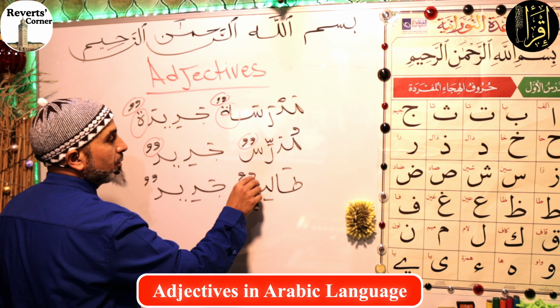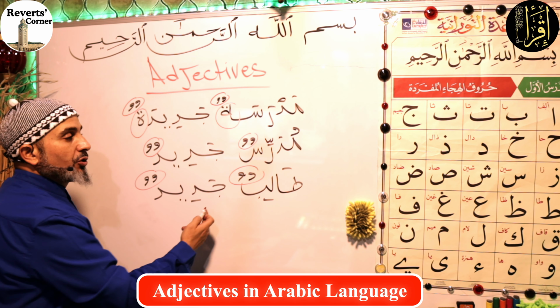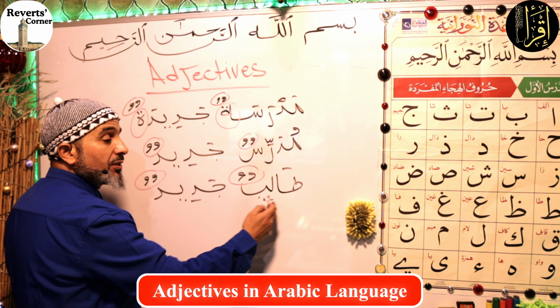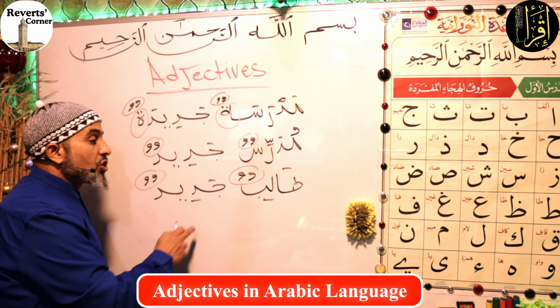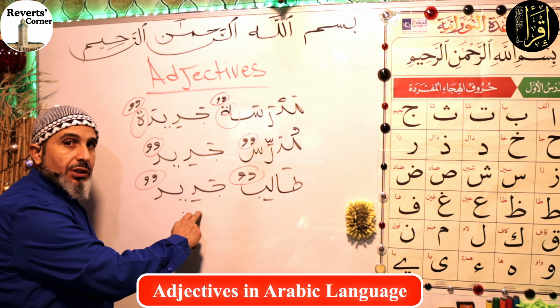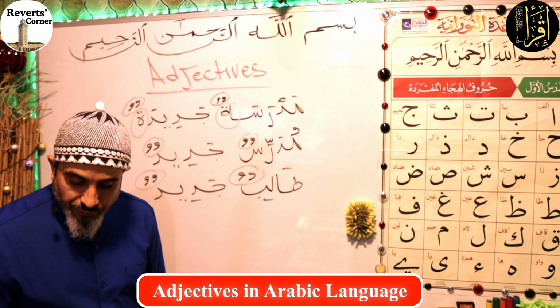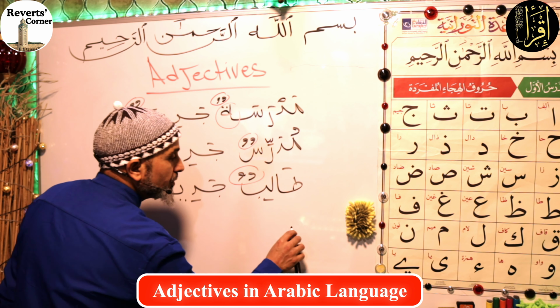Again, same thing. Talibun jadidun, new student. Talib is the one being described, the mawsuf, the ma'ruf. Jadid, new, is the sifa or the nat. That is the adjective. If we go to tullabun judud,